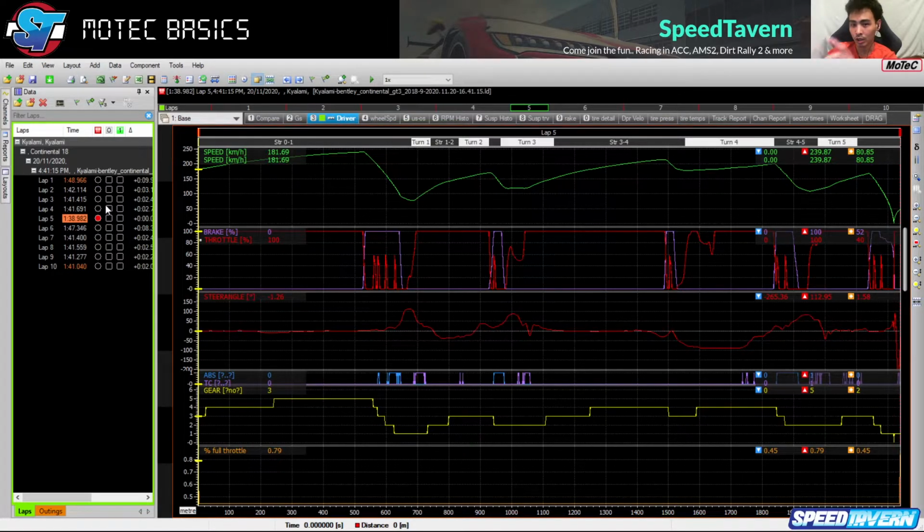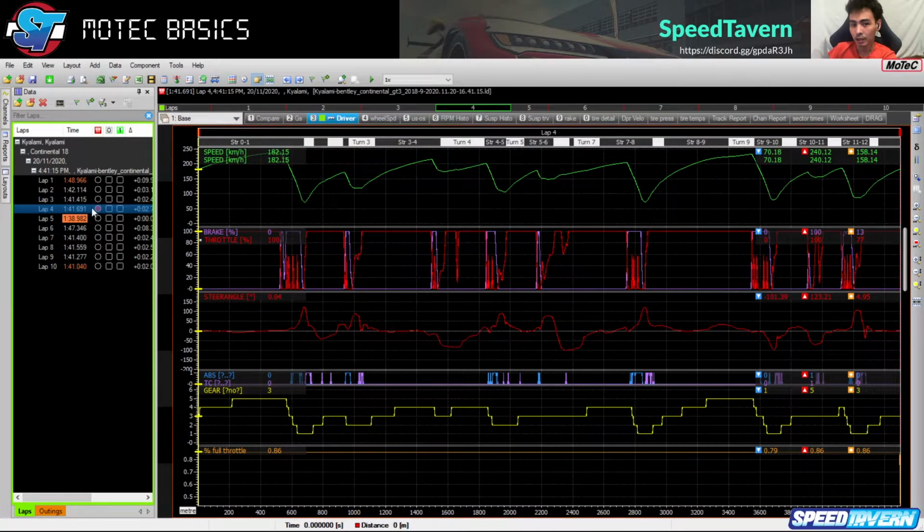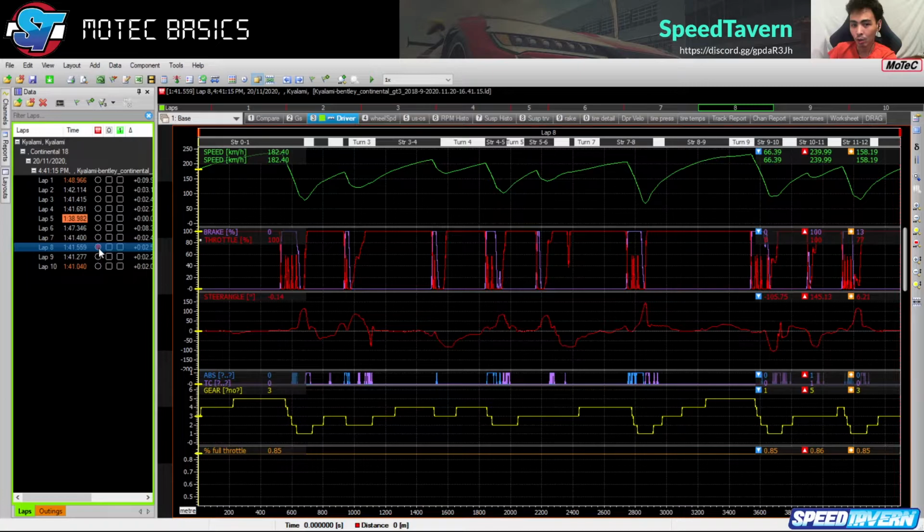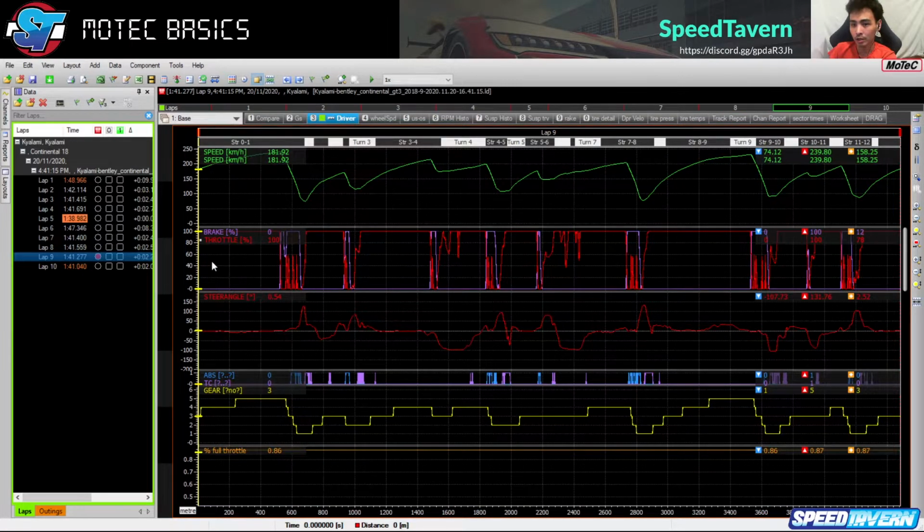If I'm coming in terms of setup work, I would think about what the car is doing. If I'm thinking in terms of driver improvement, what is the driver doing in these 141 times, just to see what he is doing most of the time, and what he has to do